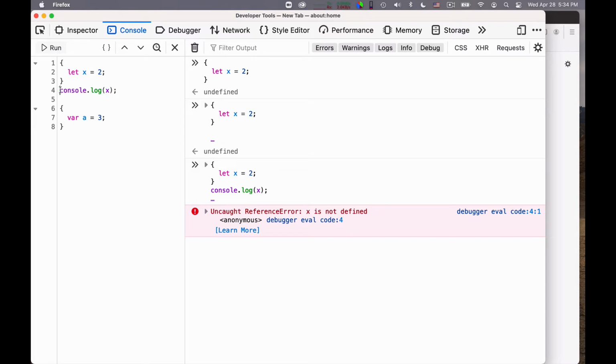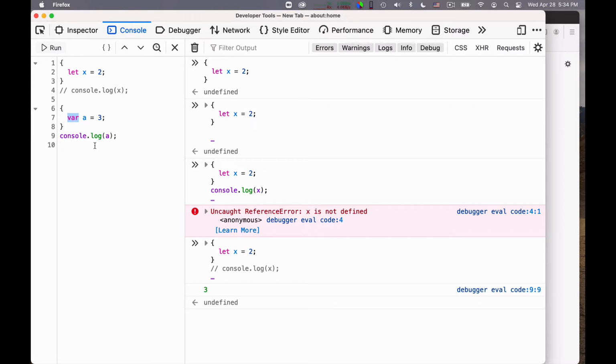So I can comment out that line, and instead if I write here console.log of a, this will work. You see it outputs a 3, because the scope of a var declaration is the entire portion of code that is in the same function, or in this case, all the top level code, because we are not in any function declaration.